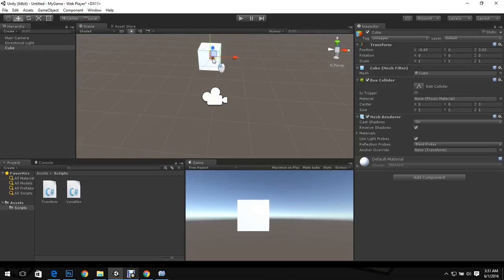So the purpose of this video is to explain how we will access the transform component